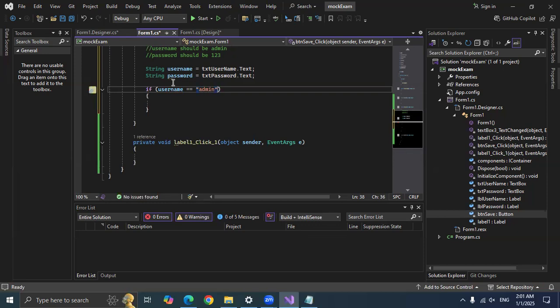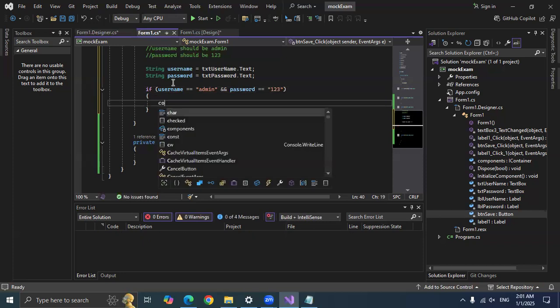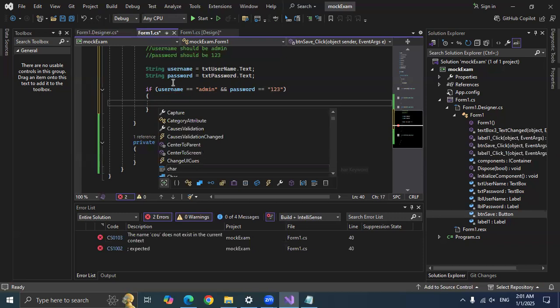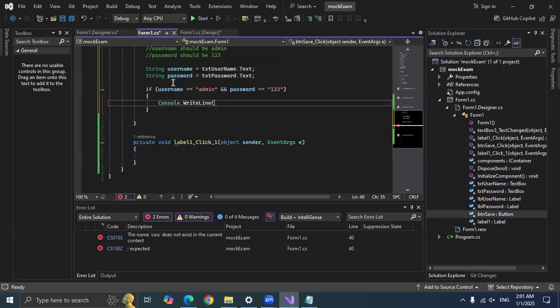Okay, when you're writing these things, username and password should both be correct. We have to use the AND operation. AND means both conditions should be true. Okay, and password should be equal to 123. Okay, if it's okay, I'm using Console.WriteLine success. Okay, success. If not, else,